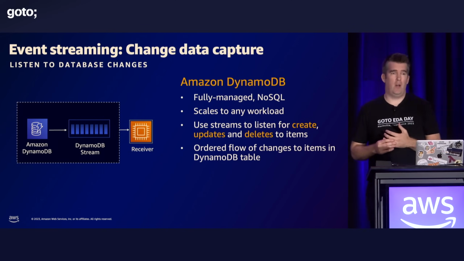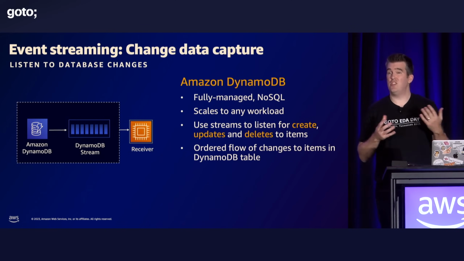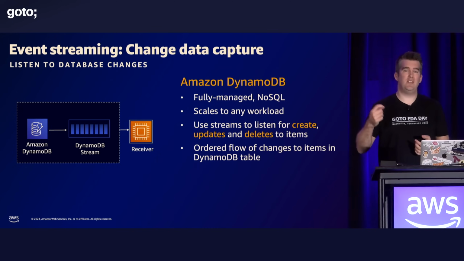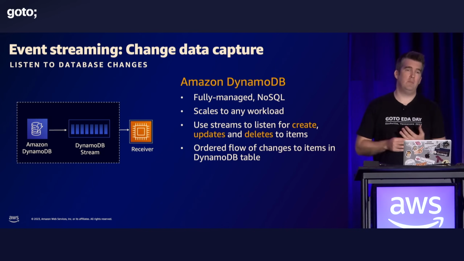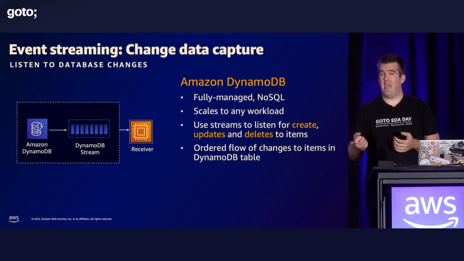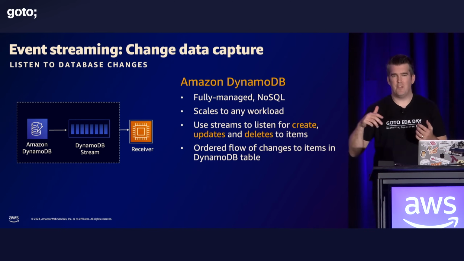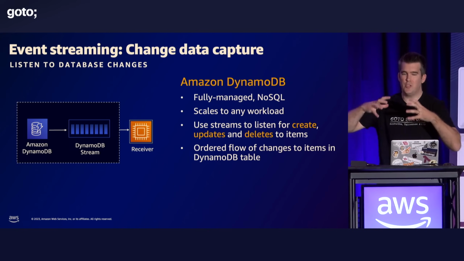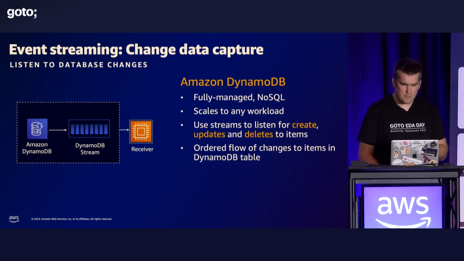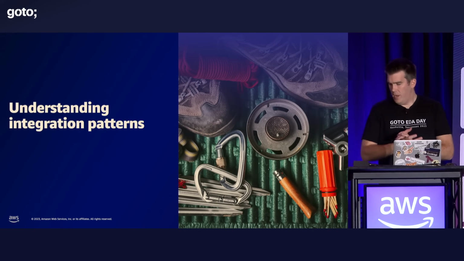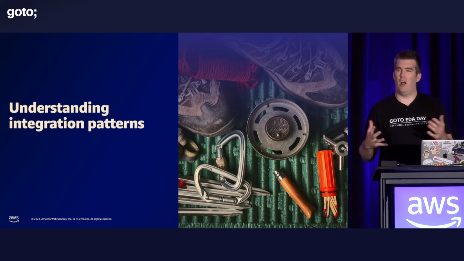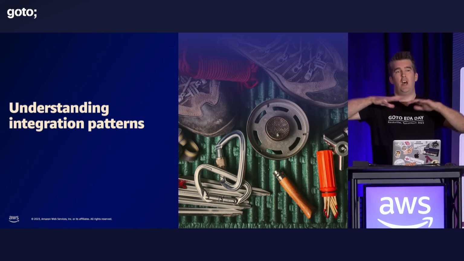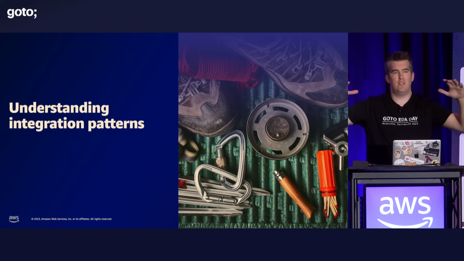And one very popular one that customers tend to use is change data capture, being able to listen to changes in a database and react to them. No code needs to be managed, and we can create DynamoDB streams to do this. So on an update, create, or delete, we can listen to this and react to it. And when we start thinking about these integration patterns, it kind of opens the door to a lot of things we can do. So we have point-to-point, we have pub-sub, and we have streaming. Your architectures will have these as your journey goes on, as you start to explore different patterns and different solutions.